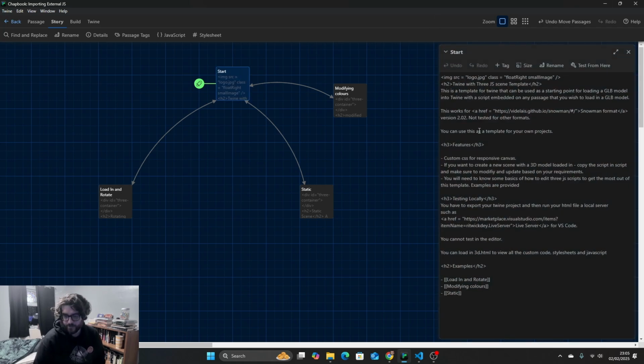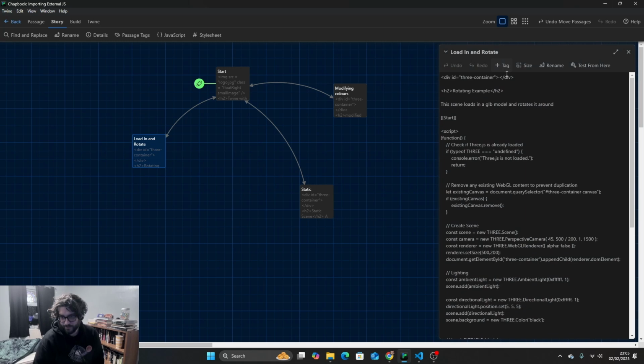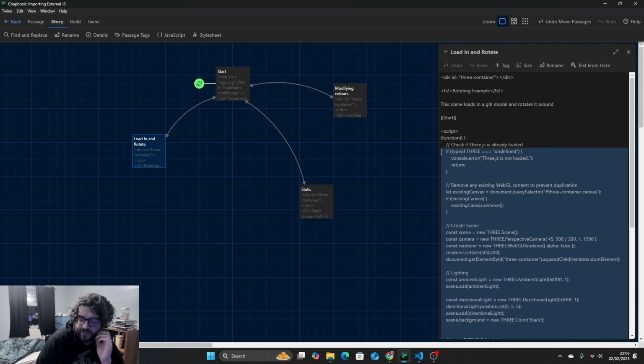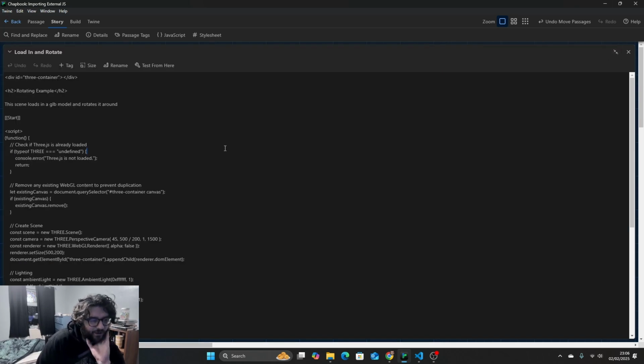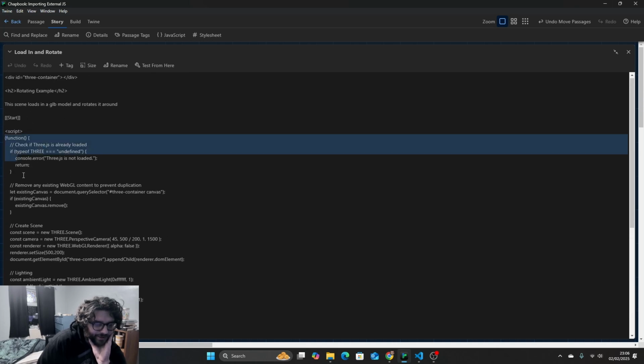So this is just the menu page, so I won't show that. Let's open up one of the examples. So the load in and rotate, for example, we have a div element here called three container, and we have to put all this code on each page where we want to load in a different three scene, which, you know, is a bit convoluted, but it does work, so that's good. So basically all this code here